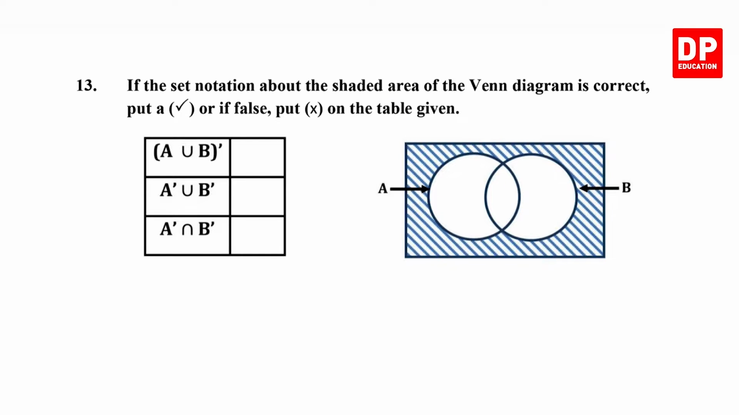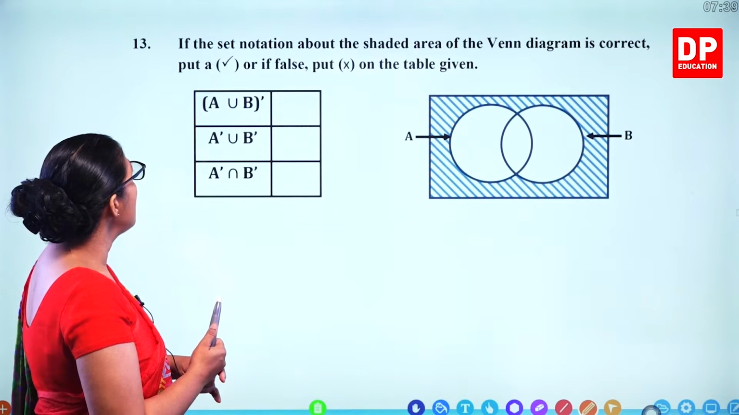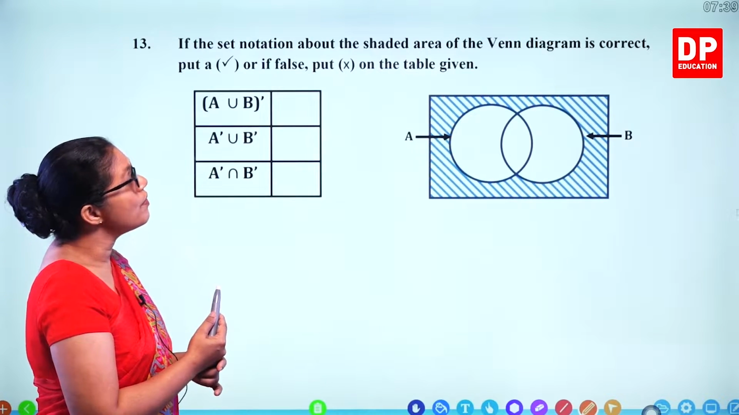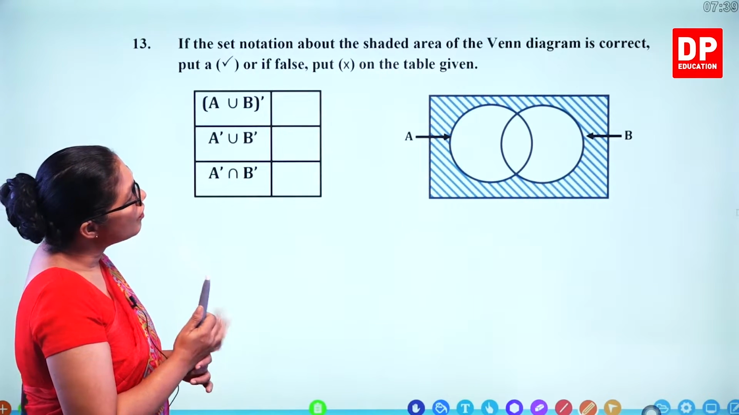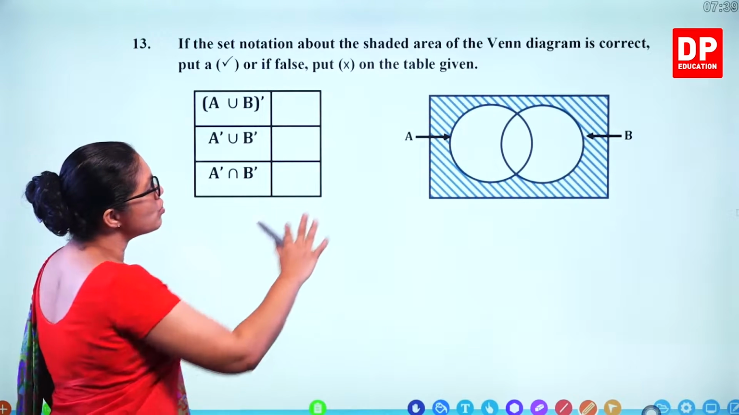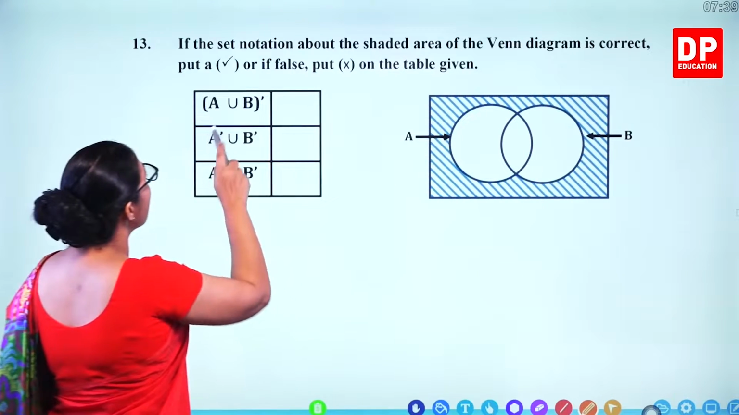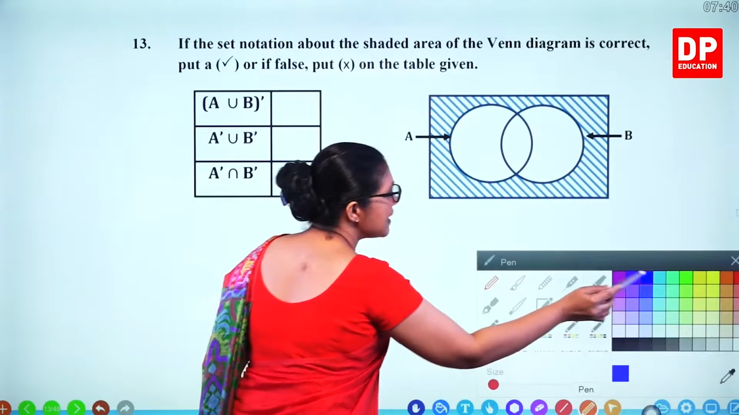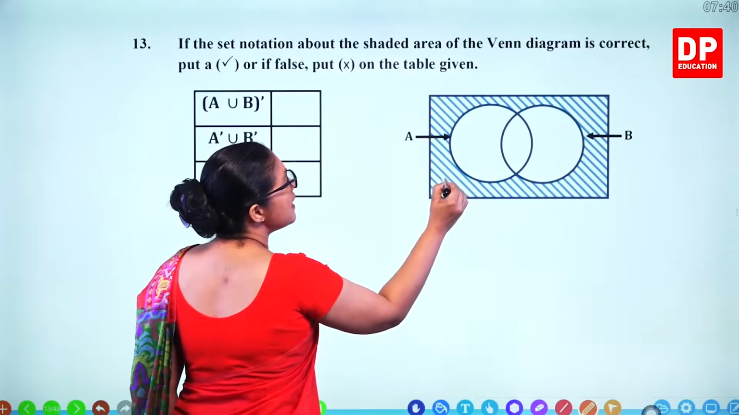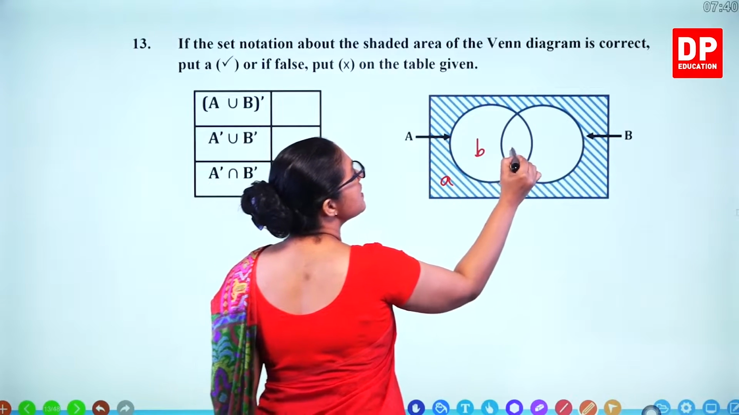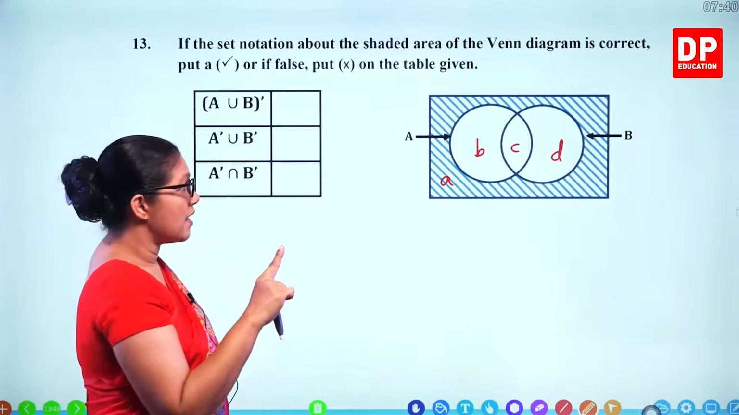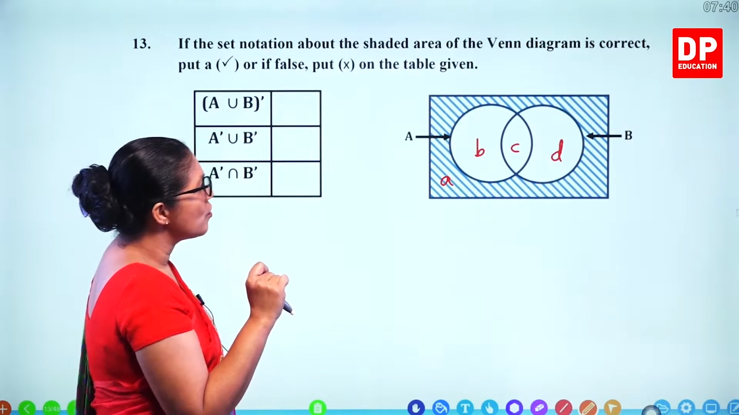Question number 13. If the set notation about the shaded area of the Venn diagram is correct, put a tick, or if it's false, put a cross on the table given. So look at the Venn diagram. Shaded part is outside the 2 circles. So you need to figure out what's the easiest way to do it. We can put letters. First, we'll put letters. This is A, B, C, D. So you need only the A region, that's outside the 2 circles. So we'll find out